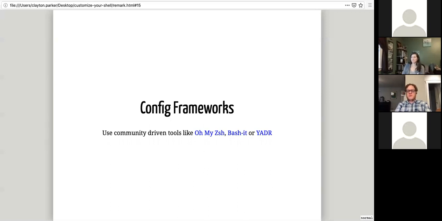These are just some of the most popular ones that I know of, and these give you a way to define what sort of plugins you want. If you want some Git commands or some basic ls things, you can just get those by default and get years and years of experience from the people who've been using this stuff for years, for free. Although it's not all for free. The caveat of these types of things is that you are beholden to the framework itself. You can always customize it more, but